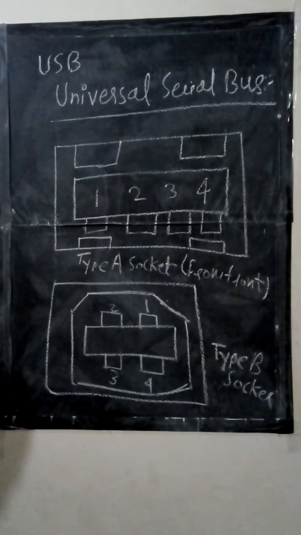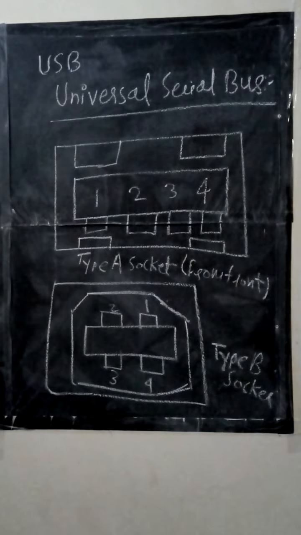The USB standard specifies two kinds of cables and connectors. The USB cable will usually have an A connector on one end and B on the other. That means the USB host will have an A connection on it. If not, then the device has a socket on it that accepts a USB B connector.